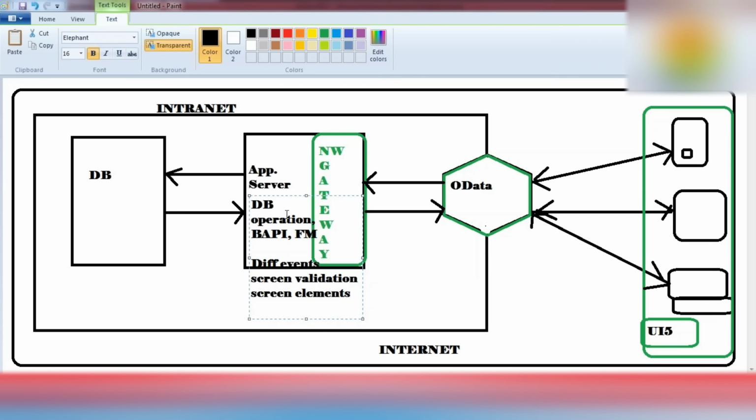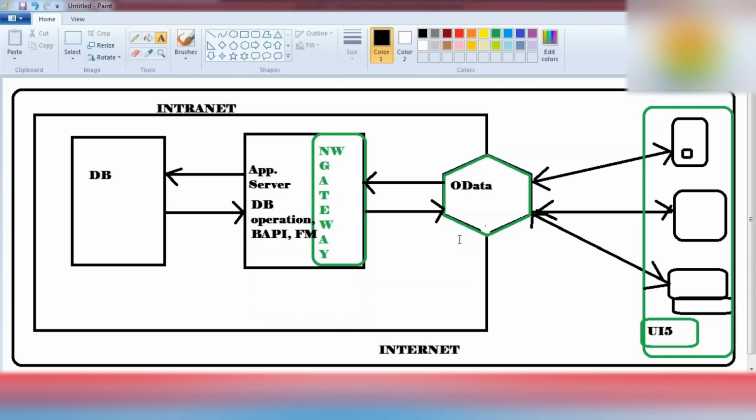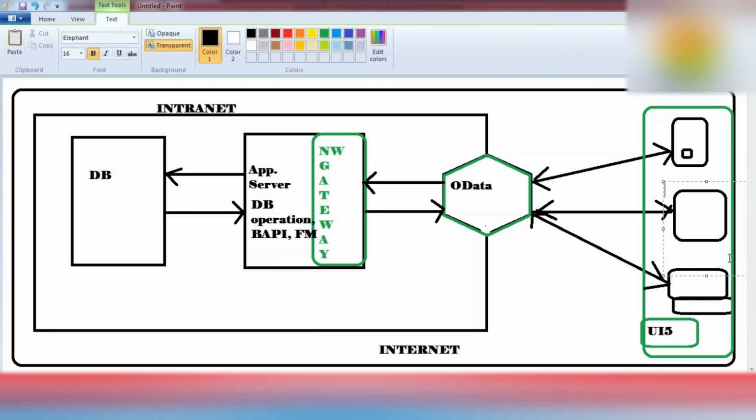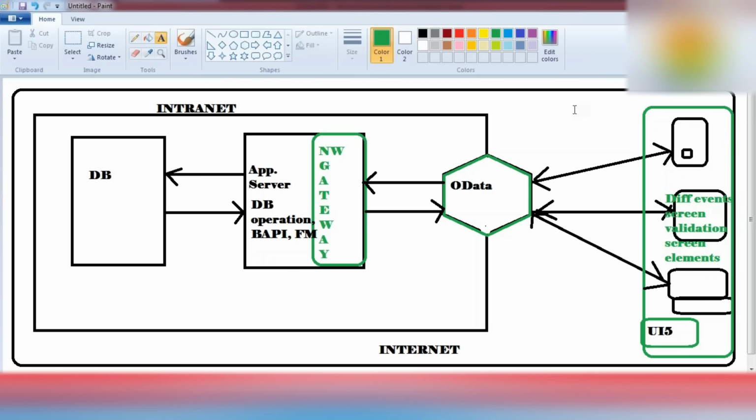But now with the new design, these screen-related things and events will be running on the client machine, on your browser.